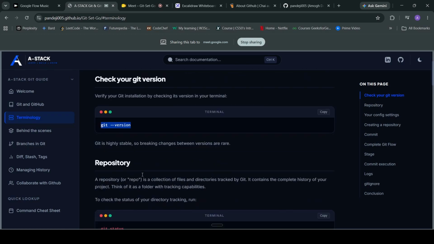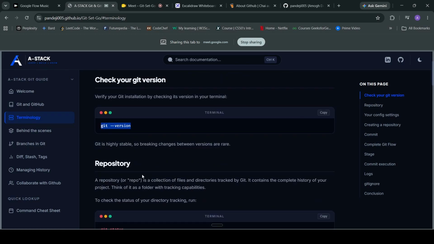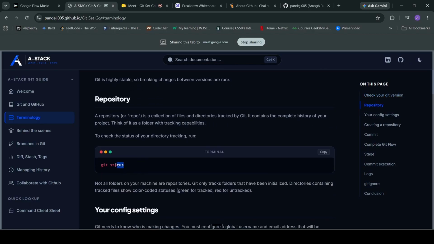You should run this command to see if git is available on your laptop or not. After that we ran git status. It tells us whether it is a git repo or not, what changes you made, what is actually going on in your project. Basically, in short, it says what status your project is in.